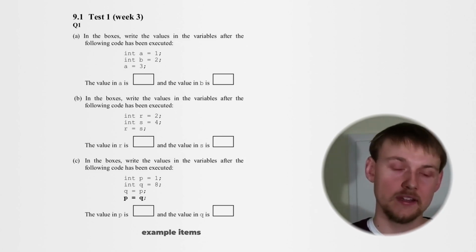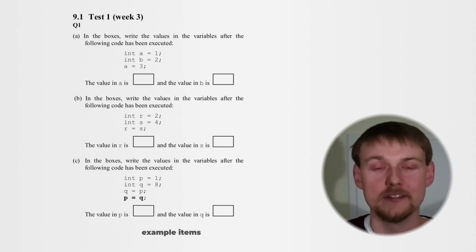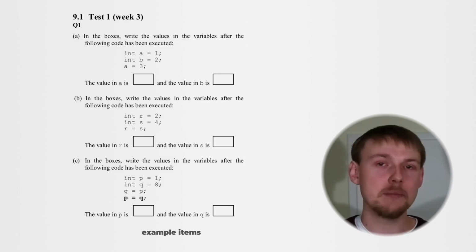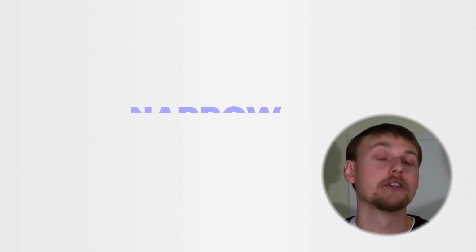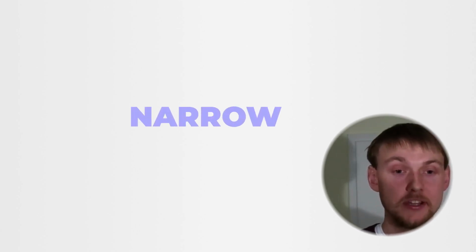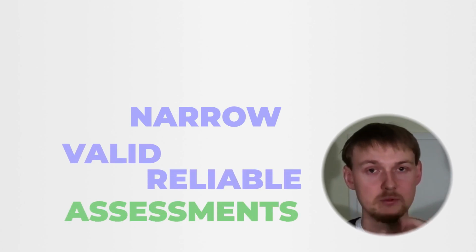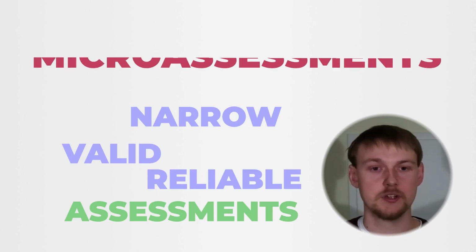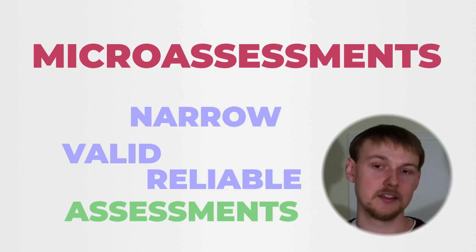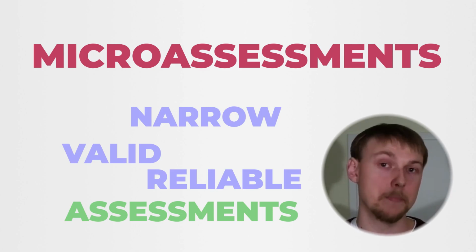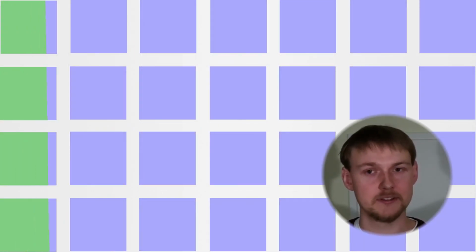Now you can think, okay, an assessment of variables, I have a few thousand other topics in my course as well. So let me explain what I have in mind and what I would like to see if I could wish for anything. So imagine each of these narrow assessments, like the one for variables, are validated and reliable. So you can be sure that someone really gets variables when no errors were made when taking this assessment. Let's call them micro-assessments.